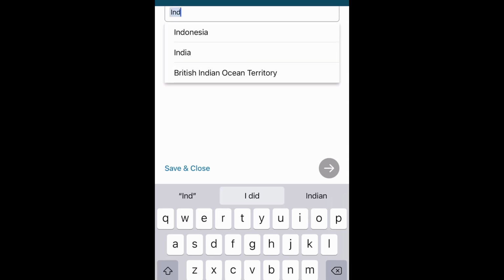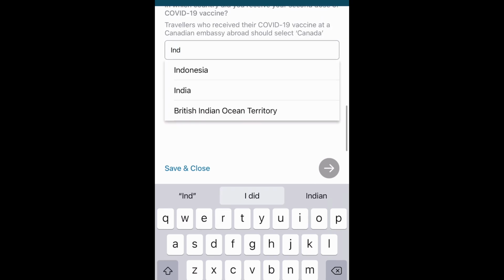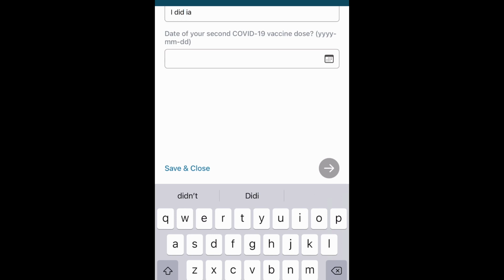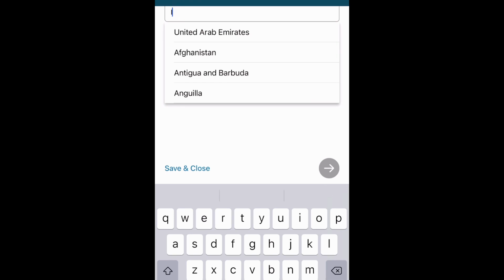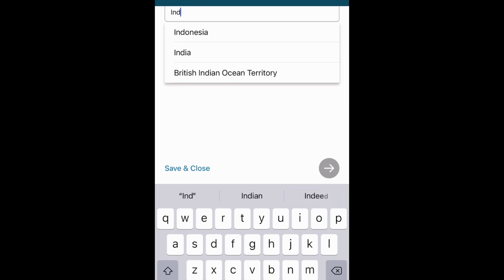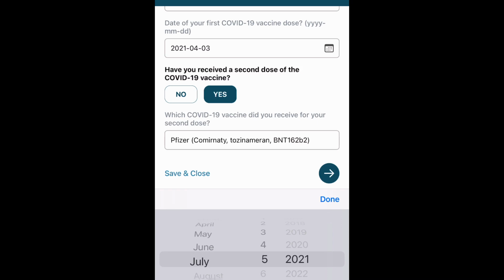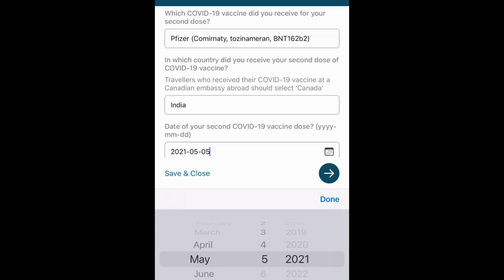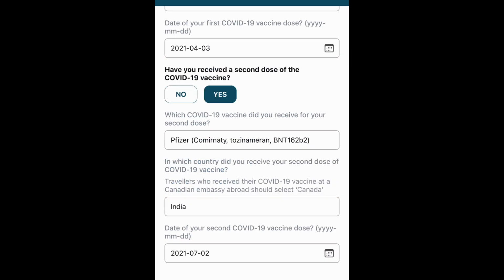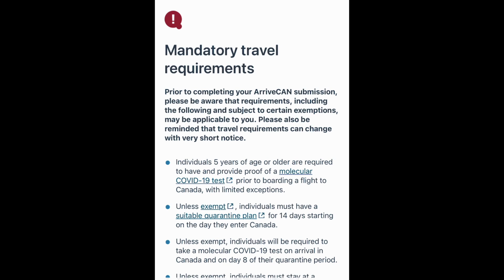India. I know it's not happening in India as of now. Oh, got to be careful. Date, let's say July 1st, or July 2nd. Done. Click on next.